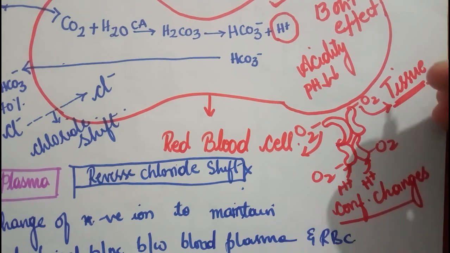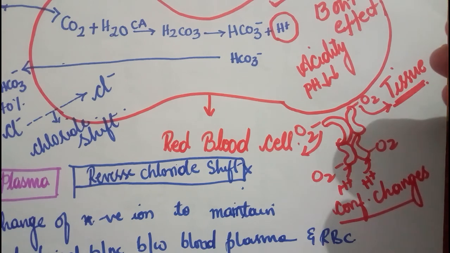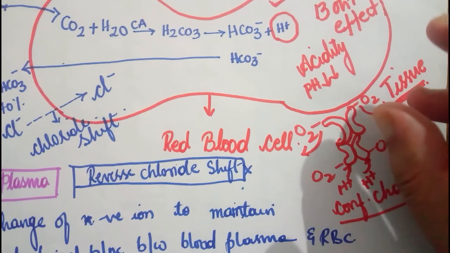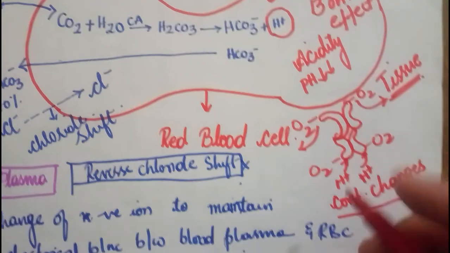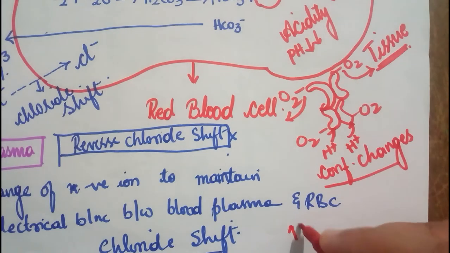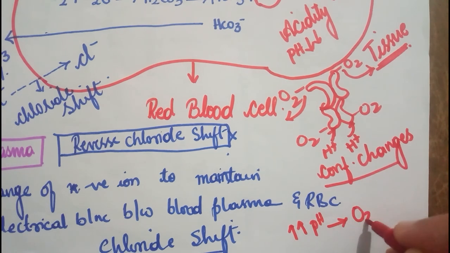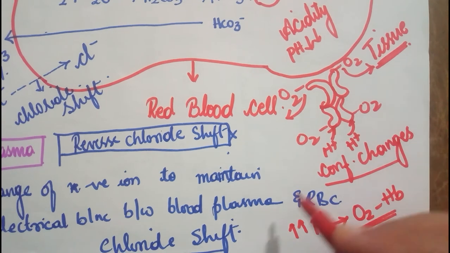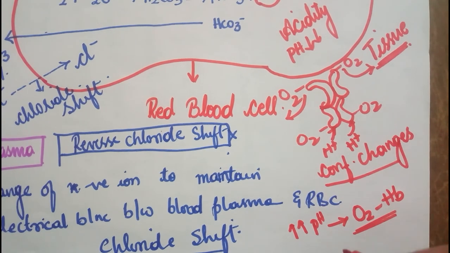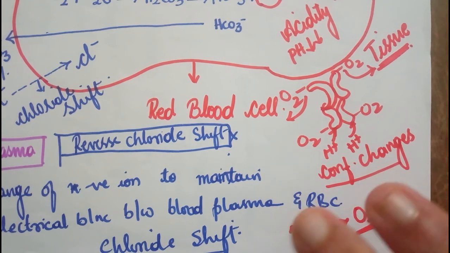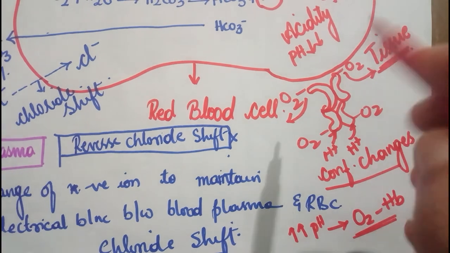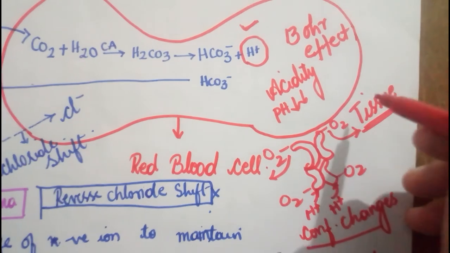Okay, so elevated pH is going to increase the affinity of hemoglobin for oxygen. Remember this, that is the reverse of this one. Elevated pH means increased pH, correct? So increased pH will increase the affinity of oxygen to hemoglobin, but here it is not elevated pH, it is decreased pH. Because the pH is decreased here, this decreased pH is causing the oxygen to leave the hemoglobin. So this is called what effect? This is called the Bohr effect. Okay, thank you.